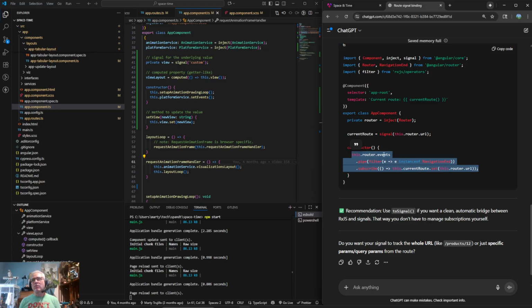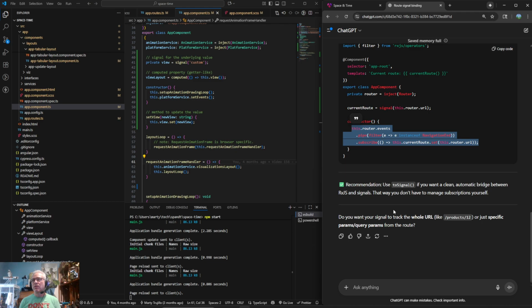So this router events apparently is, okay. See, we are going to want to do that, but at this point, we probably won't want to do this inside of the app component. We'll probably want to do this inside of the update component. But so I'm curious, will this